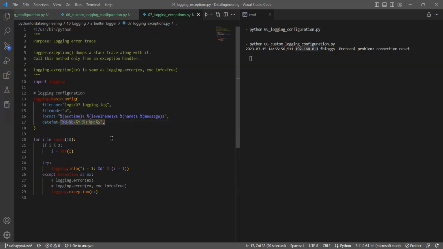You see in this example what I am doing. For each value, if it is an even number, I am converting it to a string. For other cases, the number stays as it is. And I am trying to do an info log. But whenever there is an exception, instead of an error log, I am doing an exception log. See what the difference is and how it works. Initially, I removed everything. For the info log, I'm mentioning an error log. Okay, if I do an error log,